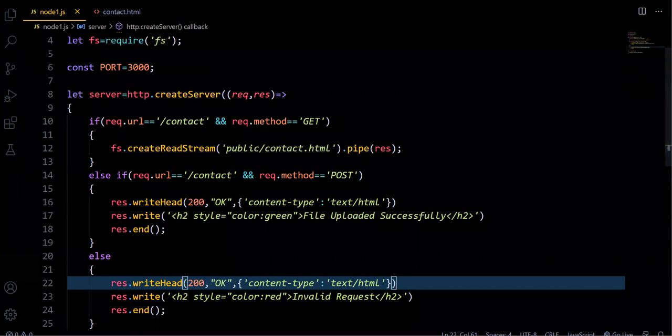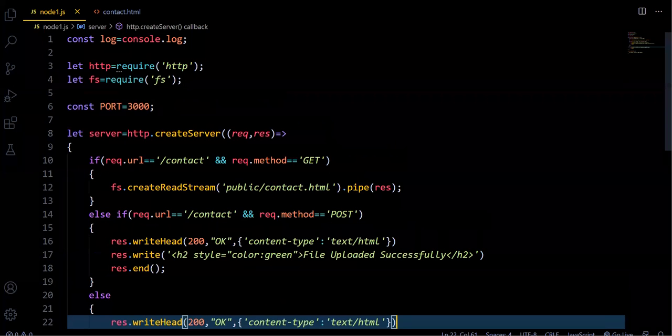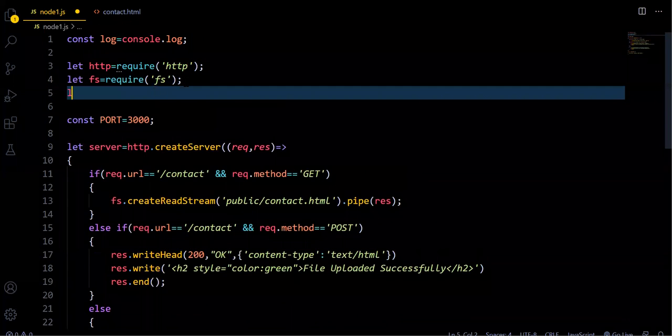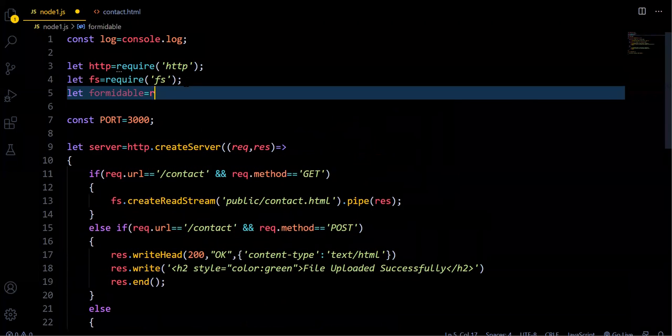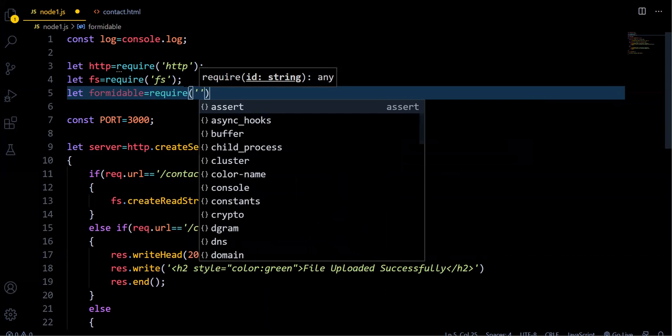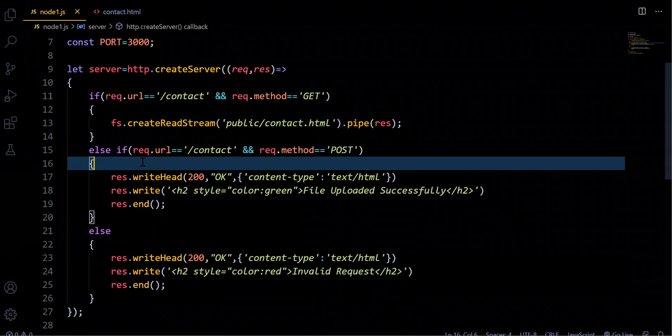The next step is, once the user uploaded any file from their machine, on clicking the send, the file should be saved in the server machine file system. Let's see how to handle this. For this, I'll make use of the formidable module, which we downloaded using the npm tool. Formidable equal to the required function. Let's import that. Save this, and in the else if block,